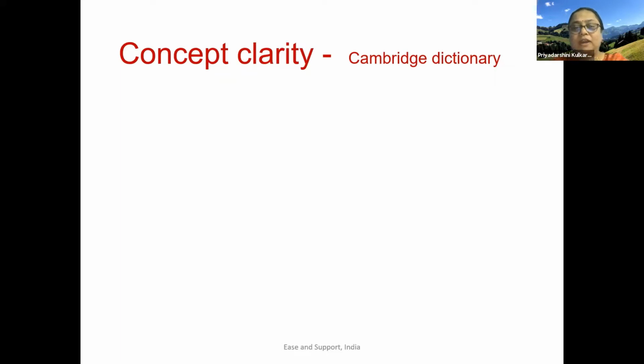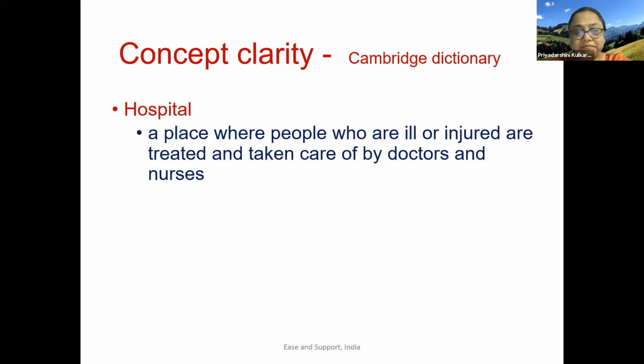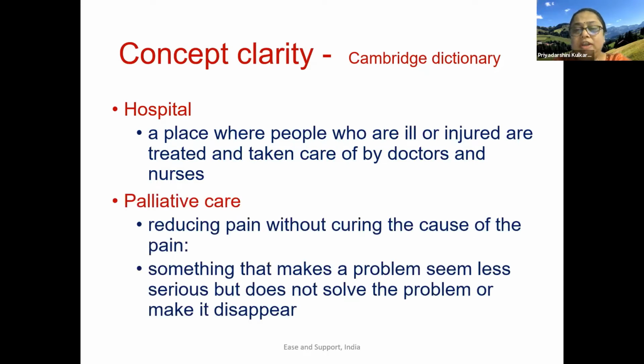According to the Cambridge Dictionary, a hospital is a place where people who are ill or injured are treated and taken care of by doctors and nurses. Please read this very carefully. It is not mentioned here that they are cared for till the end, right? And according to them, palliative care